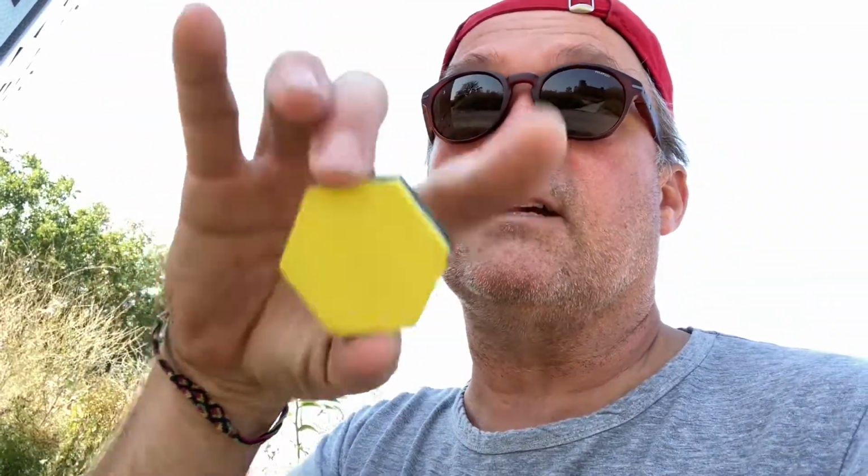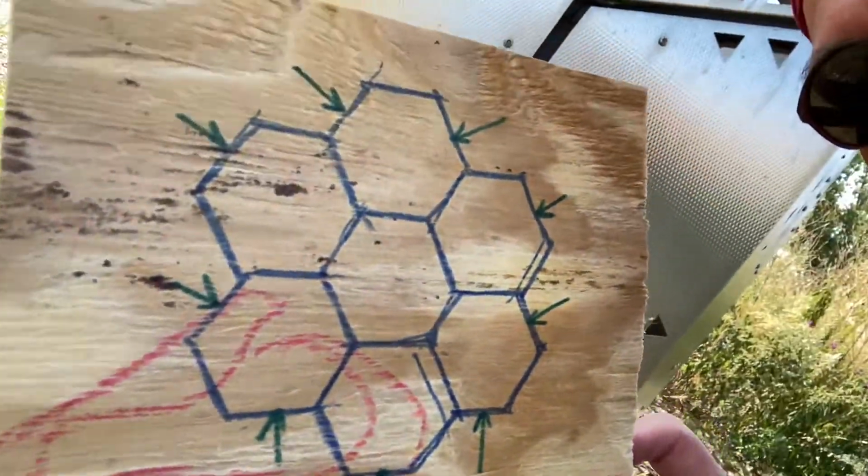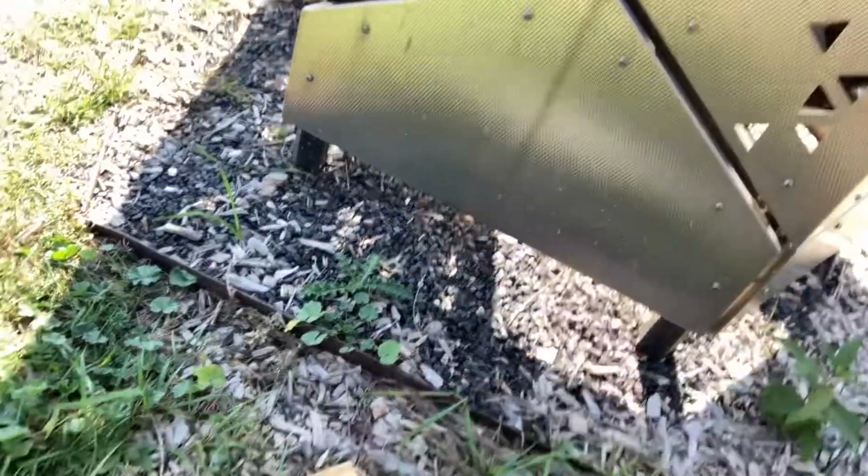Found this little scrap piece of wood here, and if I took that one hexagon and I put another row of hexagons around it, it would look something like this here, right? It would have the center hexagon and a bunch of hexagons around it. So our math journal question,